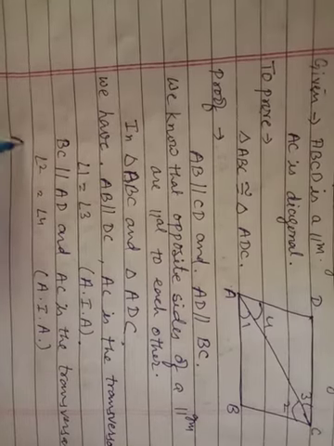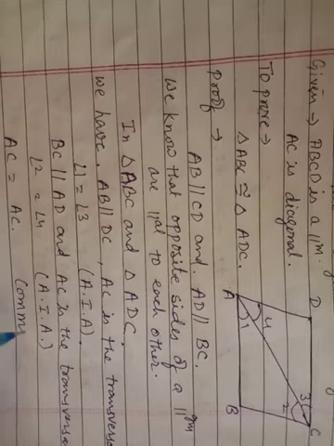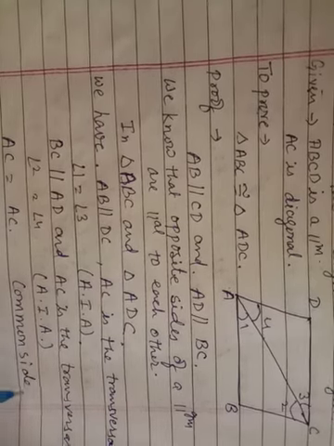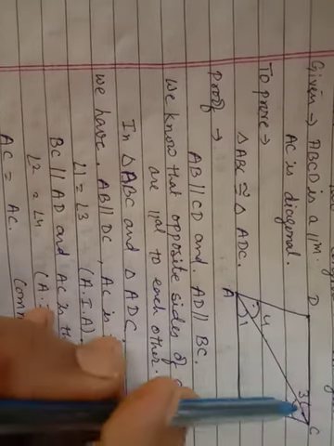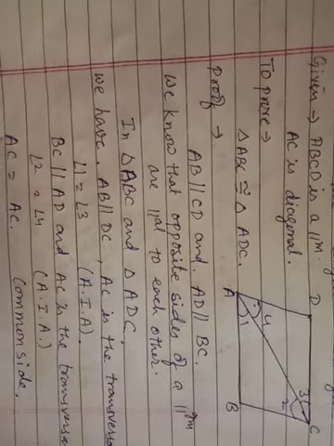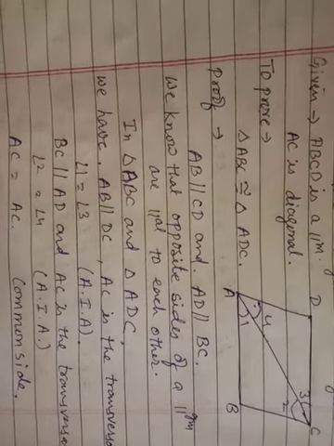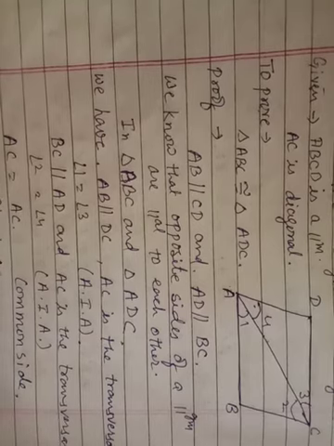And AC is equal to AC, common side. So you can see that angle, side, angle here, and here also angle, side, angle. So we can say that triangle ABC is congruent to triangle ADC